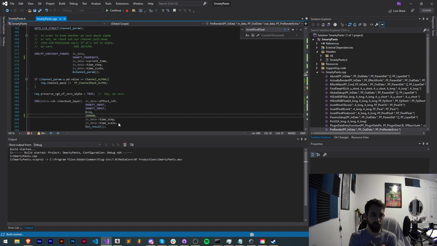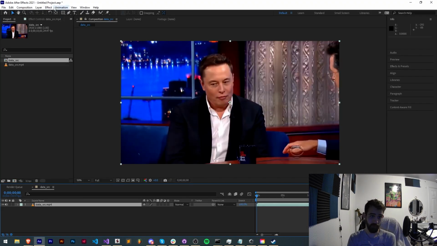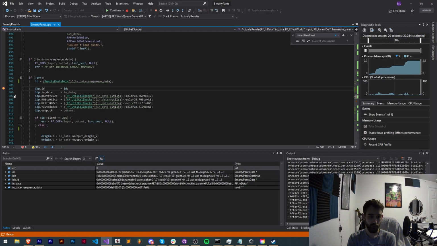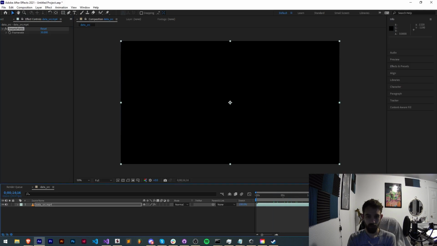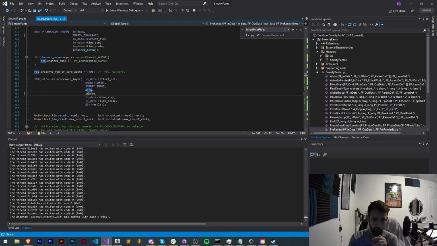So let's go ahead and restart the plugin here. We'll load some footage, arguably it needs to be the same footage, and apply Smarty Pants. You can see we have a breakpoint. We'll just go past that, and we're actually getting no image. It requires effect reference, parameter index. We have that. Checkout, pre-render request, and a time. Let's just set it to, I don't know,